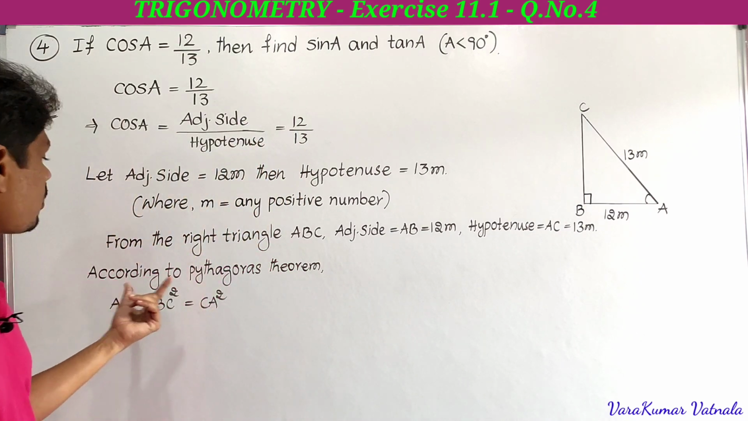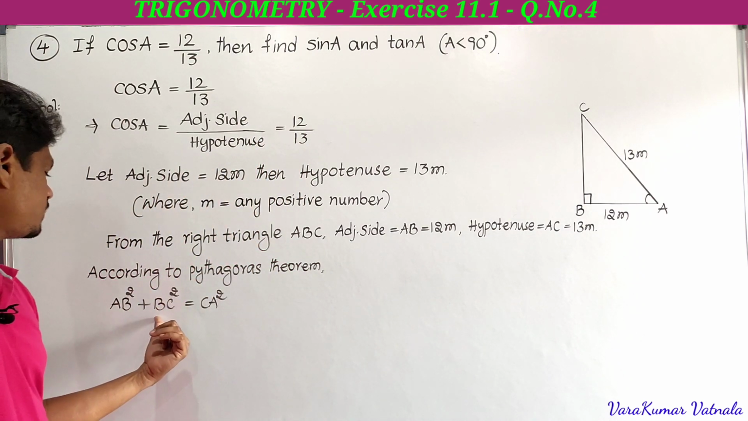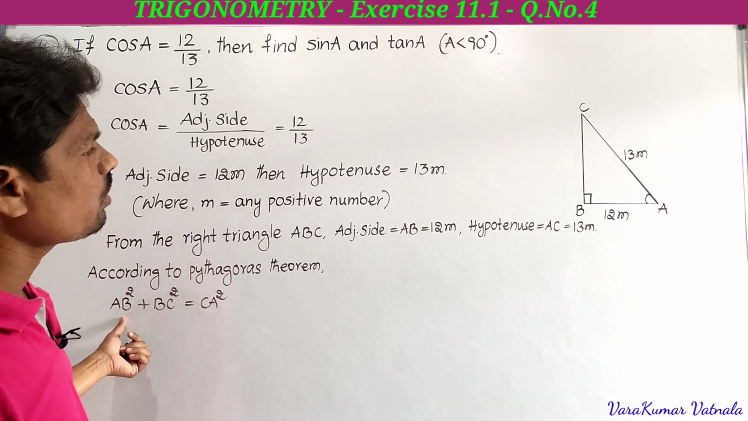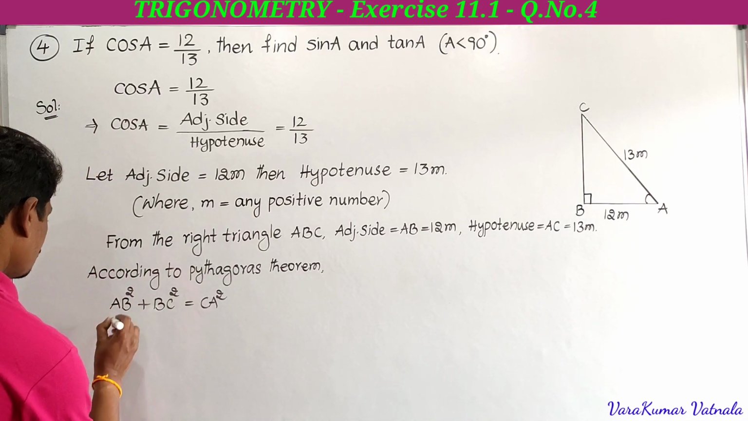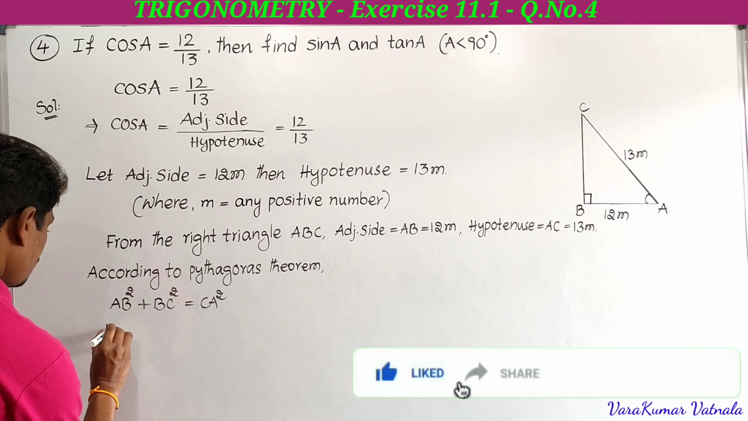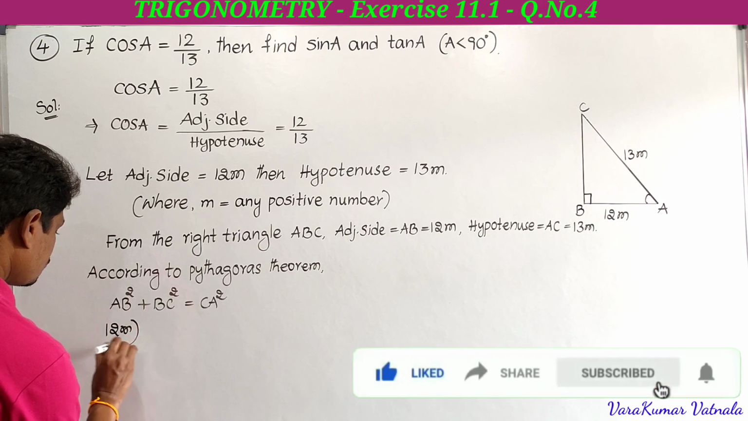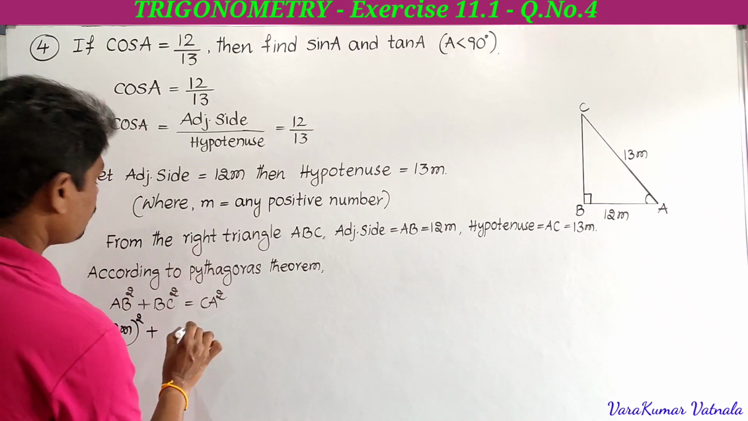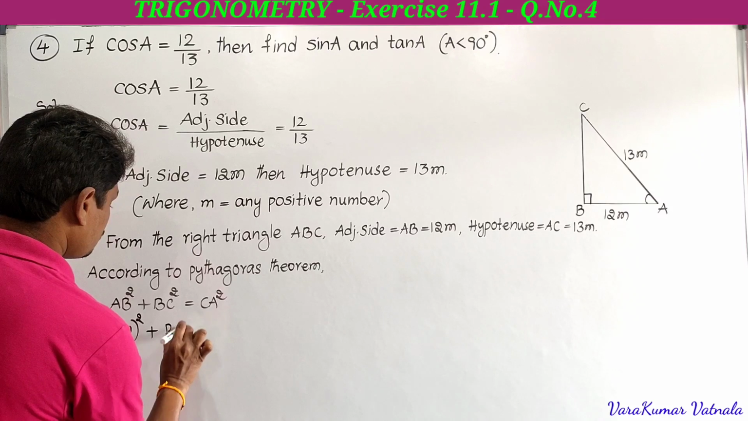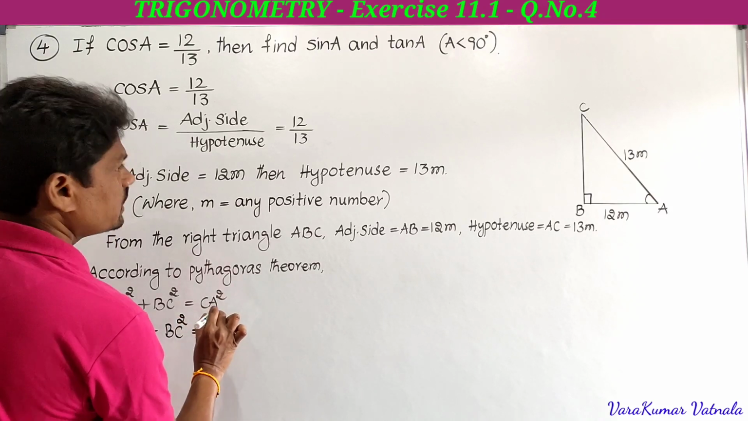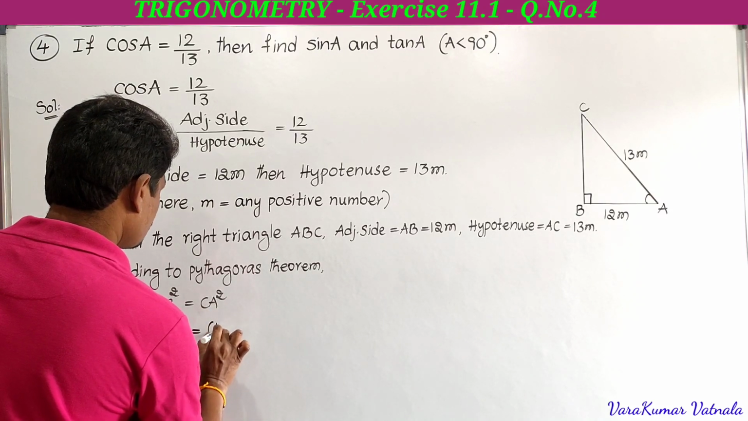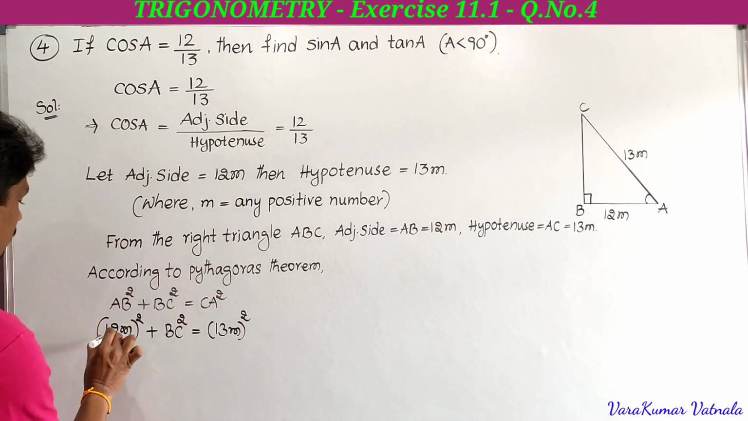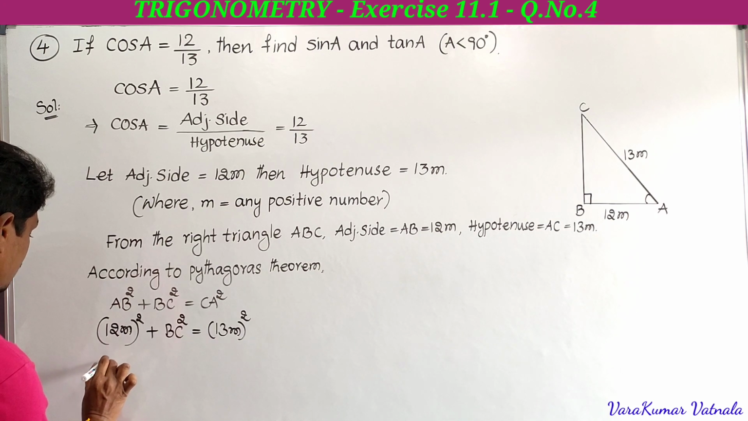According to Pythagoras theorem, we have AB square plus BC square is equal to CA square. Now we have AB equal to 12m, so AB square becomes 12m whole square, plus BC square, which we have to find, is equal to CA square. CA is 13m, so CA square is 13m whole square. Now we just have to simplify. 12m whole square becomes